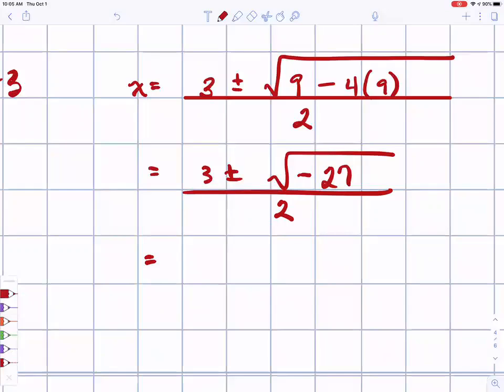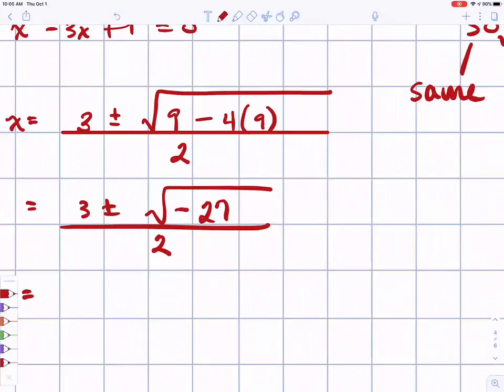What's that going to look like? She says 3i root 3, but she didn't really explain what she was talking about. All right, so somebody else who can explain. Negative 27 can be separated into the square root of negative 9 and 3. So the 9 times the 3, and the 9 part,